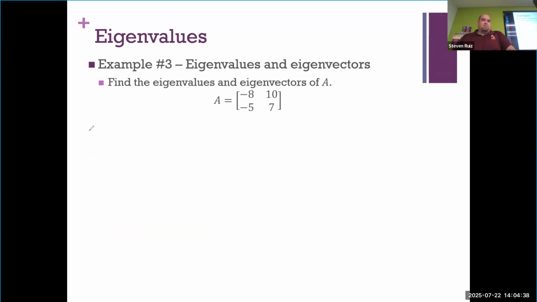What do we do? Okay, so that makes this -8 minus lambda, 10, -5, 7 minus lambda. If I did take the determinant of that, I get